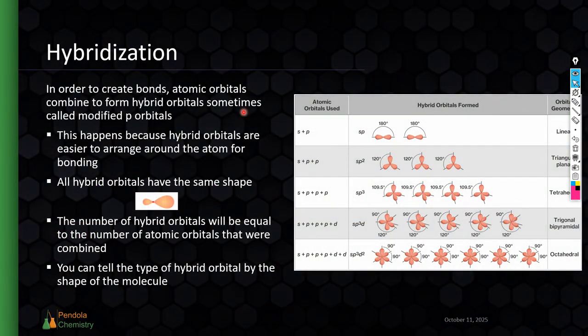We're going to start with hybridization because in order to create bonds, atomic orbitals have to combine in order to make what we call hybrid orbitals. Essentially, the reason for this is that atomic orbitals are not very well suited for bonding, if we think about the shapes of the orbitals. So we have from last year the atomic orbitals. Are S, which is spherical in shape,